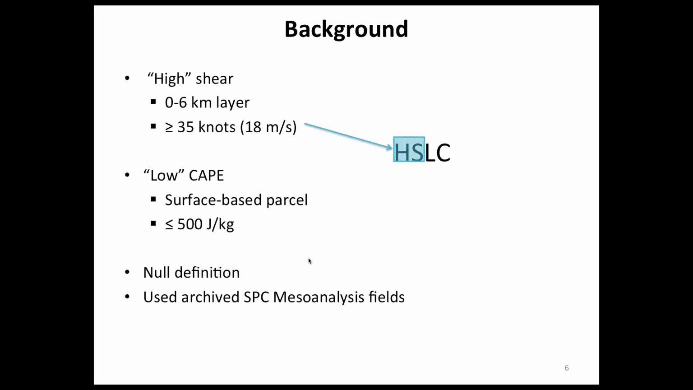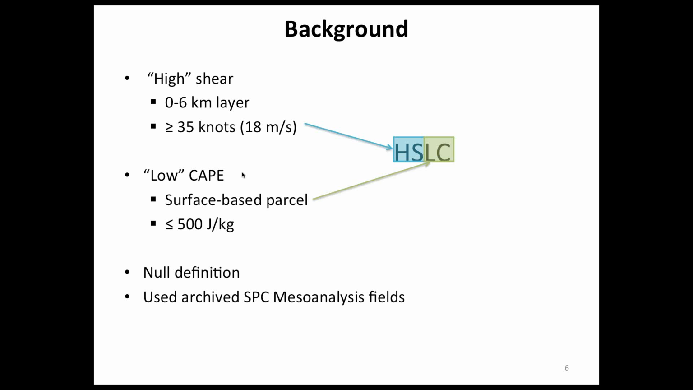So, in terms of our definition of high shear low CAPE, we use the same 0 to 6 kilometer shear threshold as the Schneider et al. study, with at least 35 knots or 18 meters per second over the surface to 6 kilometer layer. In terms of CAPE, we chose 500 joules per kilogram with a surface-based parcel, and this was because operational forecasters